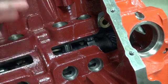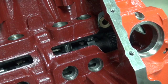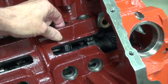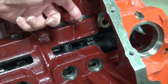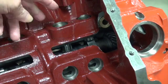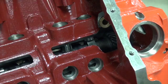You don't know where you're at. You have to order new push rods, custom made to your length. So the first thing you do is get a couple of lifters, spray some WD-40 on them, spray some WD-40 in the lifter hole so they'll slide easily, and we'll find the base circle of the cam